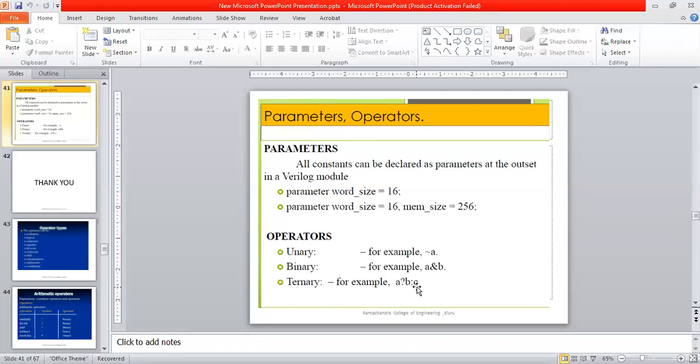In the next session, we will completely discuss what the operators in our Verilog language are and what the different classifications of these operators are.